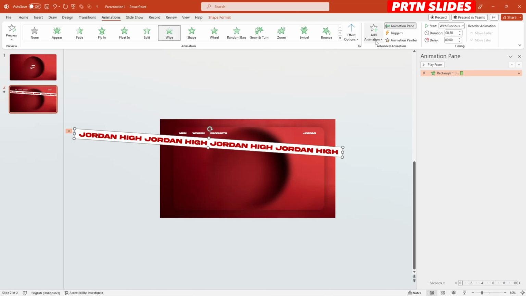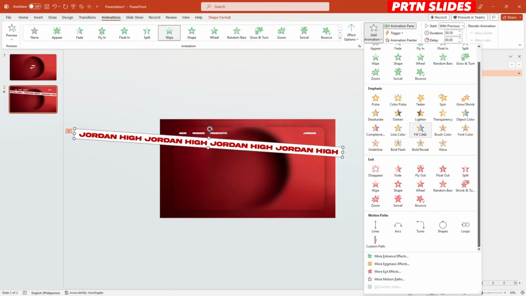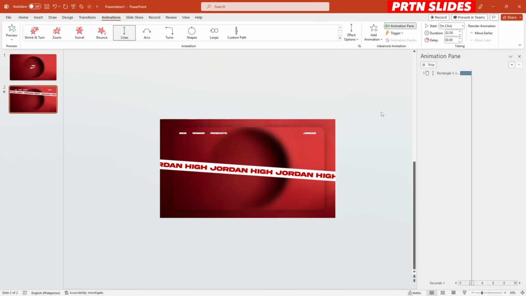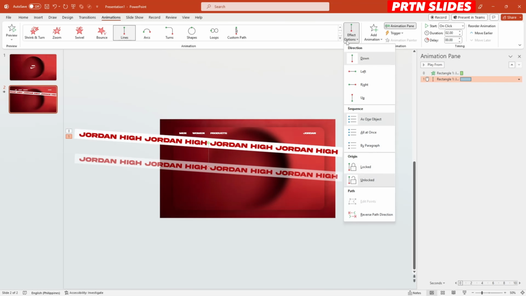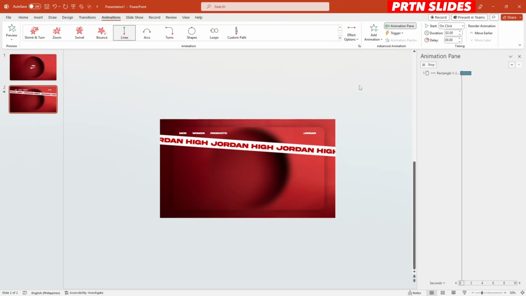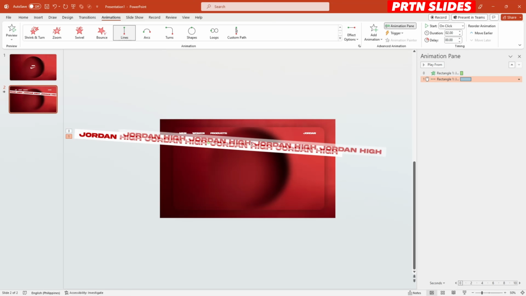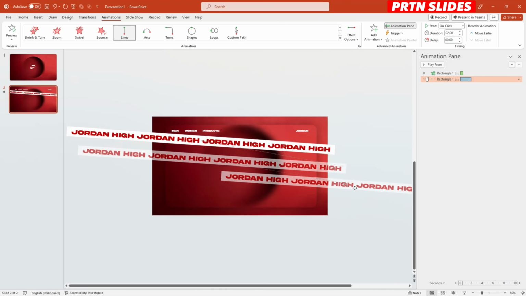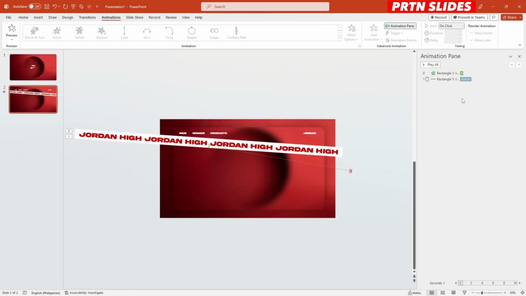Okay, so hit add animation. Let's try to add another animation for this and select the lines from the motion paths. There you go. And go to effect options and select right. There you go. So the next thing that you need to do is just to adjust the flow of the animation, or rather the direction of the animation itself. So let's adjust here. You don't want to put it right over here, right over here. It's too much, okay, because it will literally